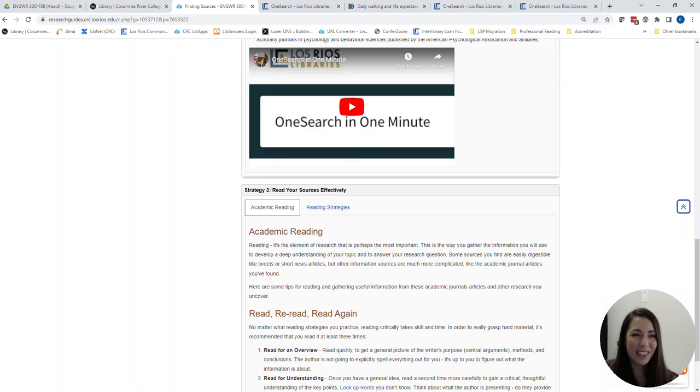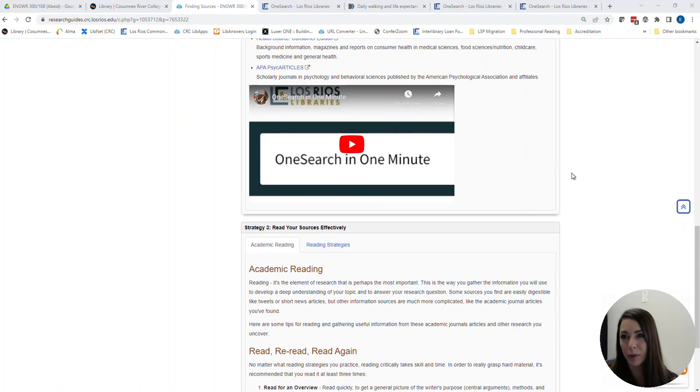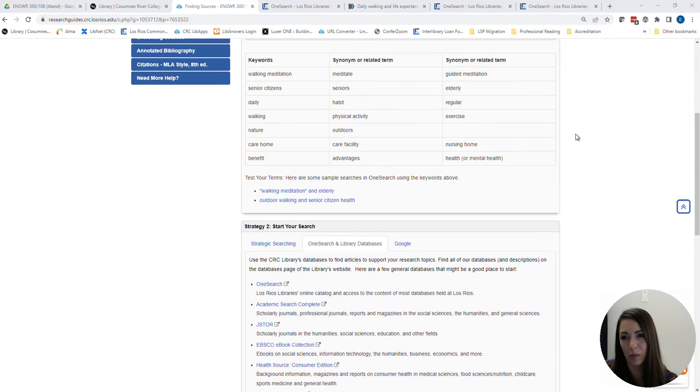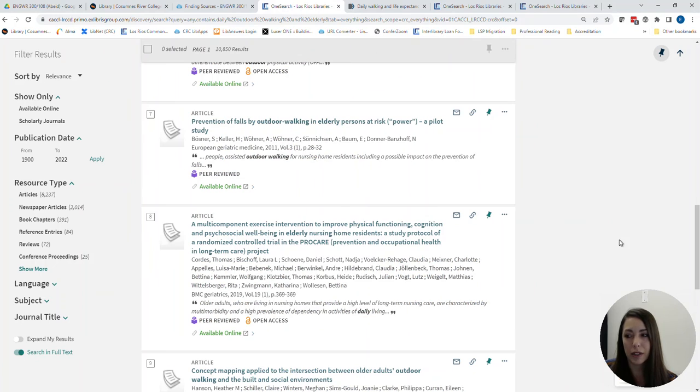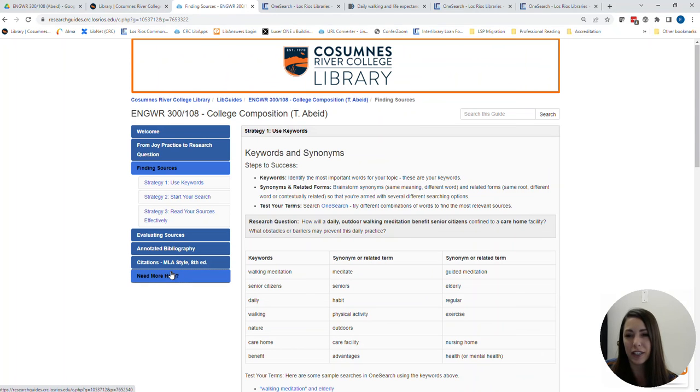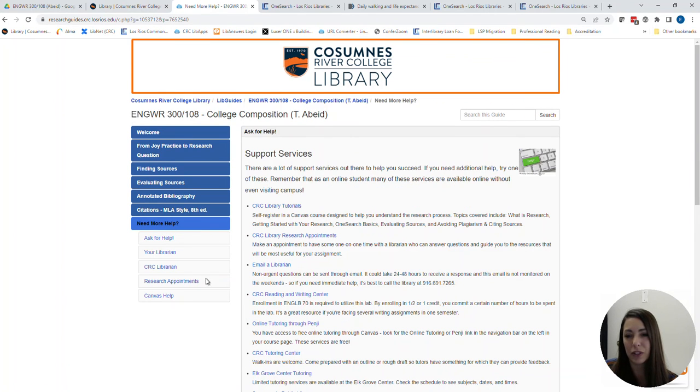Remember that your topic is unique and your research experience will be too. If you're running into trouble with your researching, there's a lot of ways that you can get help. On our research guide, we have tips for more help right on this tab. You also can find it right here through OneSearch. My picture's in the way, but there is an Ask a Librarian chat button where I can just grab a chat and ask a quick question of a librarian who's online right now. On the research guide, under Need More Help, I can access research help. I can even schedule a one-on-one appointment with a librarian